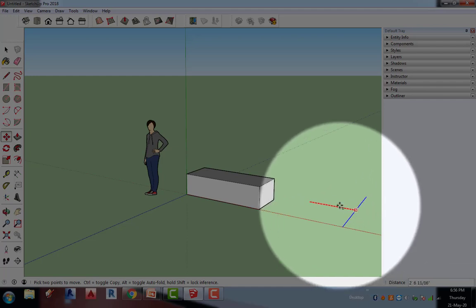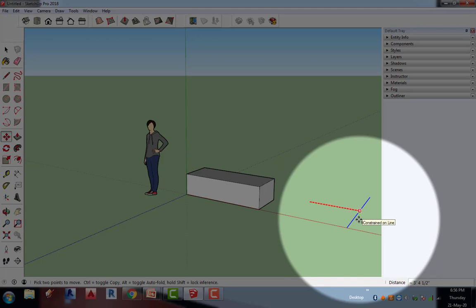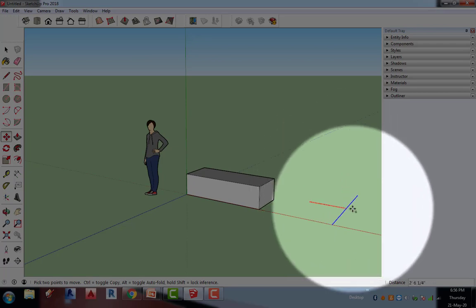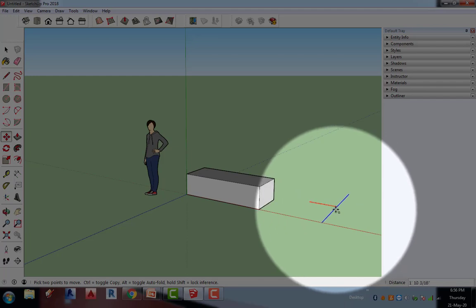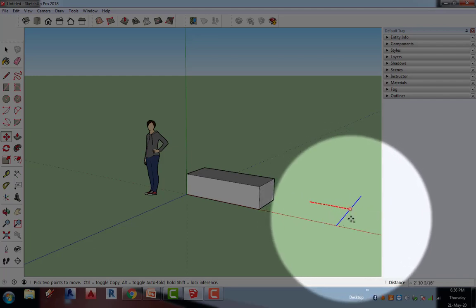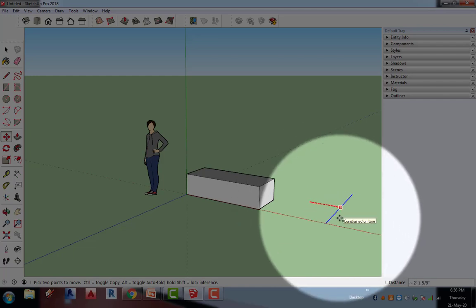Basically, what it is doing is constraining. So you don't have to worry about what will happen if you freely move it. The best way is to constrain it by using your arrow keys. That is how this axis generally works.